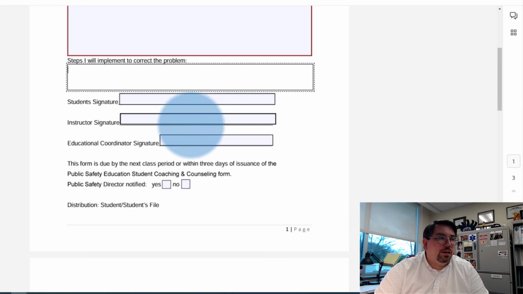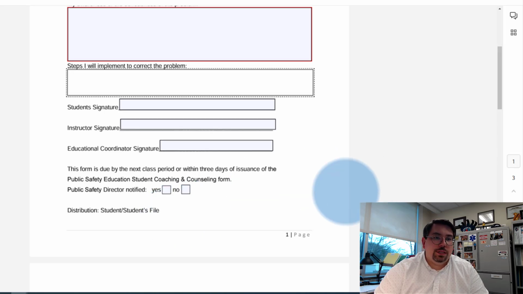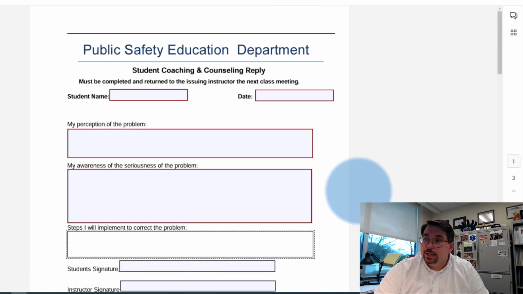And then from there, you can see that all of these different things are going to be able to be filled out and then signed again and then put back into the student's folder. Again, it needs to go to the student, and a copy needs to go to the student folder. It's very important that that's where those go at the end. Now, how this looks for you, it really is just going to depend on what you think works best for your department or for your program. But I think this is a very helpful tool when it comes to being able to navigate those coaching and counseling.